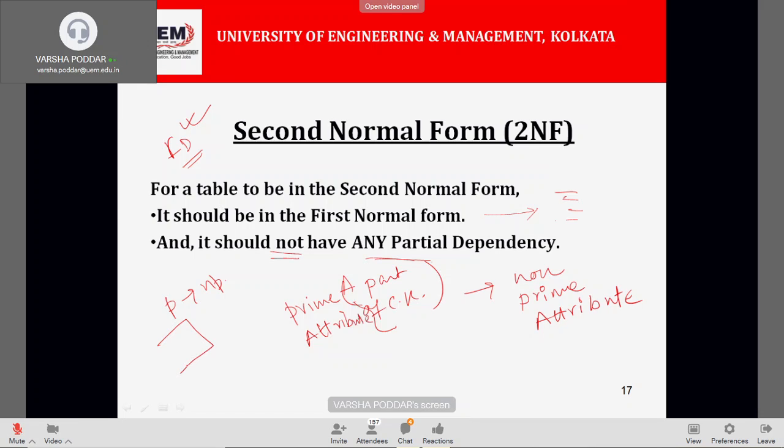We will keep the original table, and in this table the prime attribute will be present, and we will create another table where the prime to non-prime mapping will be going on along with any set of other attributes. Okay, so if I find the partial dependency in my table and I want to make it into 2NF, what will I do? I will divide the table into two sections.